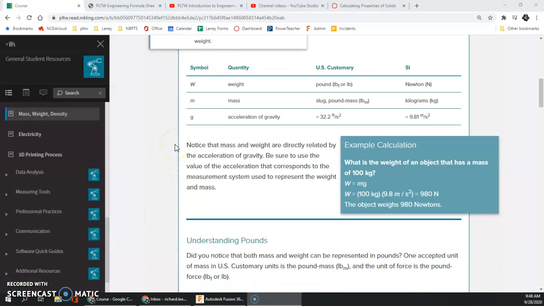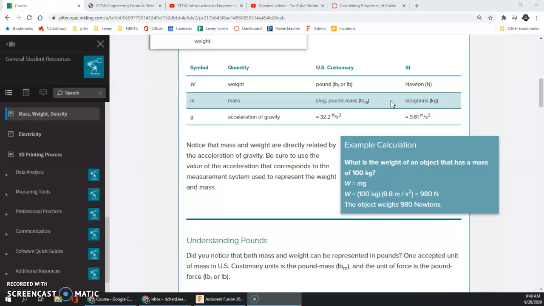When talking about mass and weight, it's important to use the correct terminology, as most people are in the habit of using technically incorrect terminology. When we're talking about weight, remember that that is a force. In US units, we measure that force in pounds. Most of the time, if someone asked you how much you weigh, you would answer in pounds. But if you were asked how much do you weigh in metric, a lot of people would answer in kilograms,